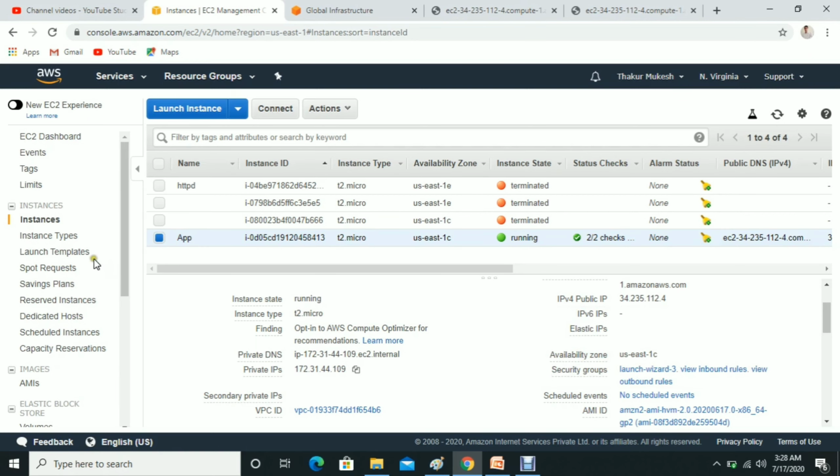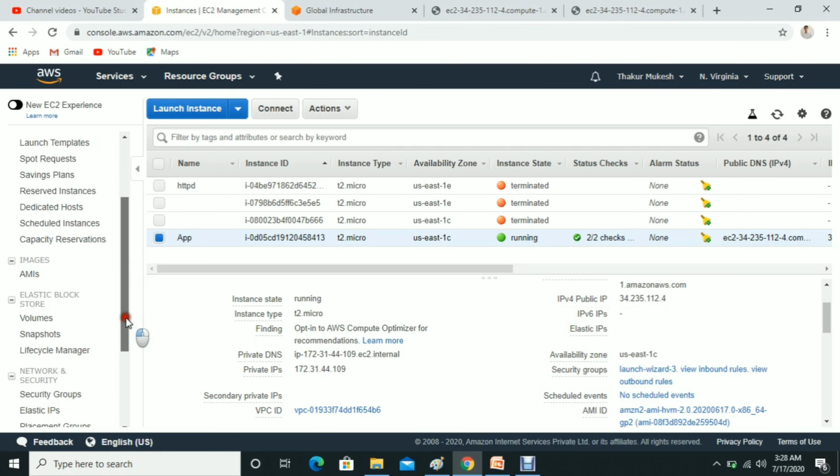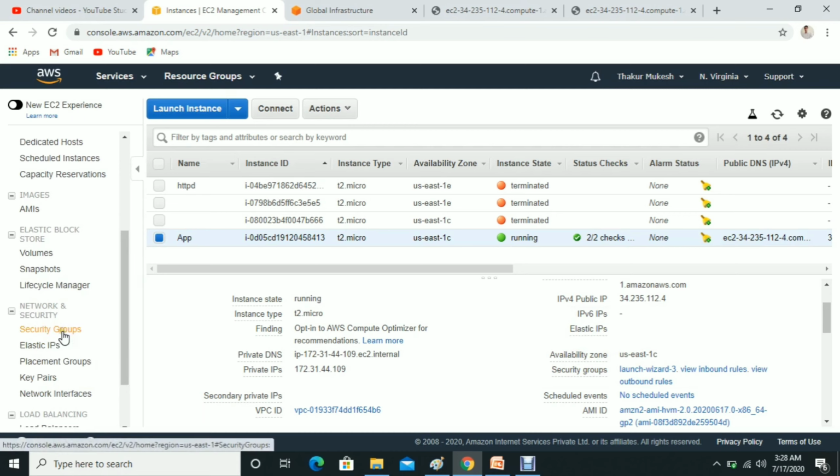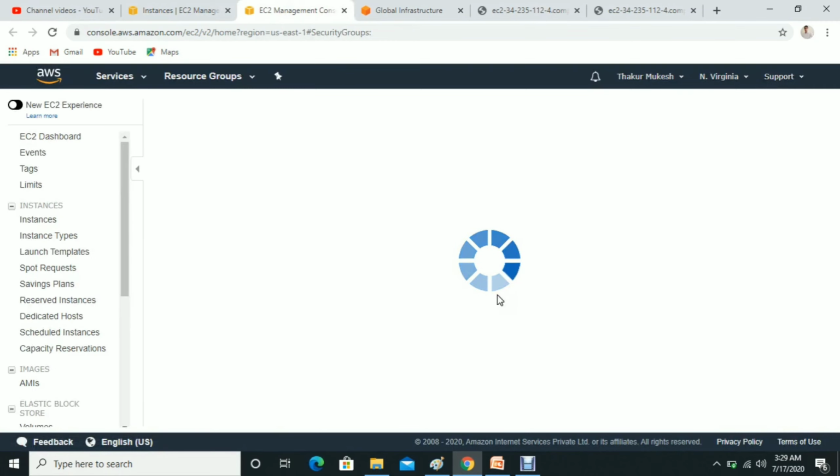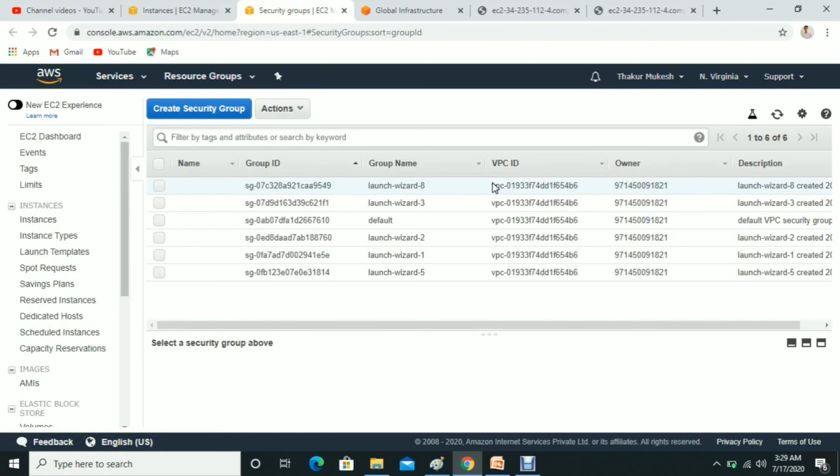So let me go to the security group options. You can see the security groups listed here. Let me open it in a new page. Suppose you want to block a particular IP.